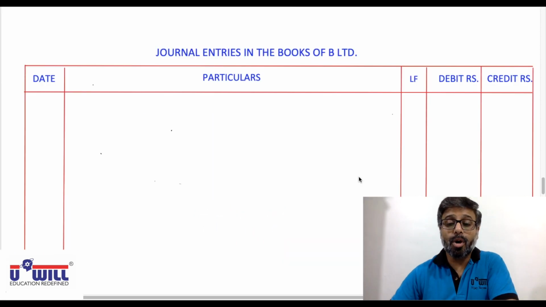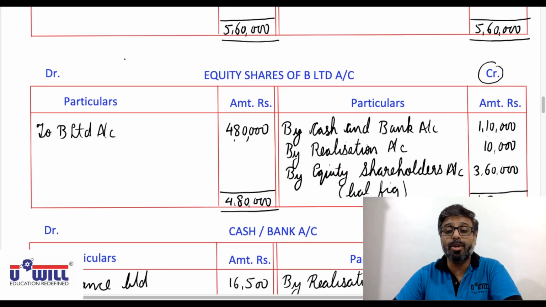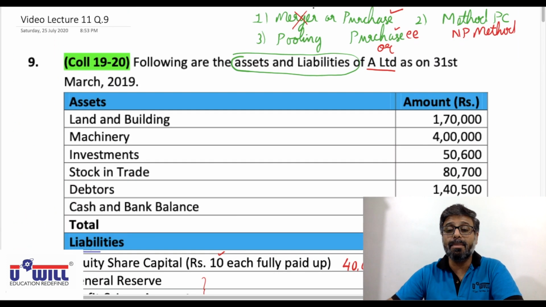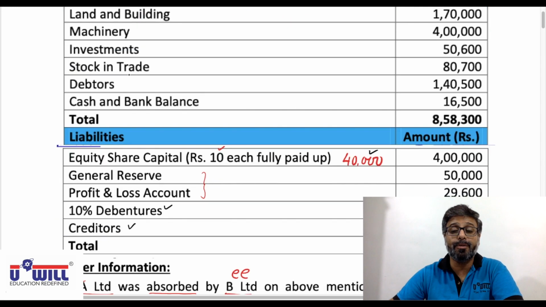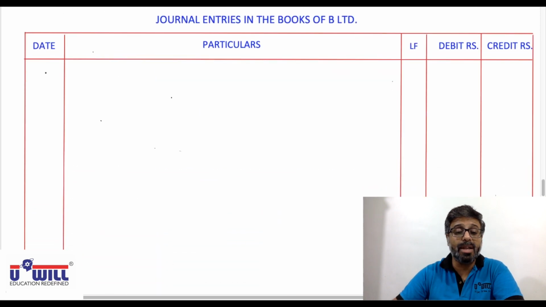Yes, so all of you should have made the formats of journal entries in the books of B Limited, that is transferee company. Now, which method of accounting are we going to follow? As it is amalgamation in the nature of purchase, we are going to follow purchase method of accounting. So first entry in the books of transferee company, write down business comes in, debit what comes in, business purchase account debit,